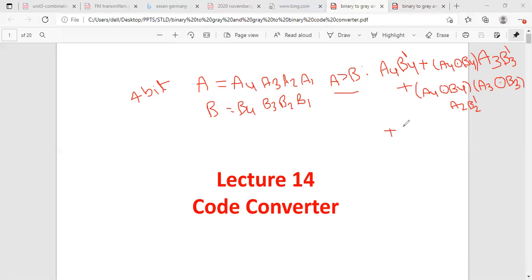Or we have another possibility: both A4 and B4 should be equal and A3 and B3 should be equal.